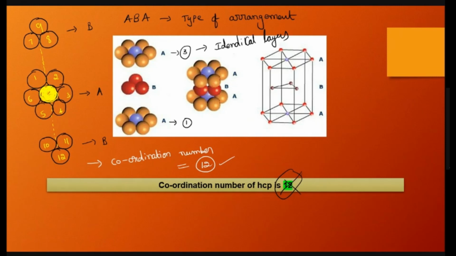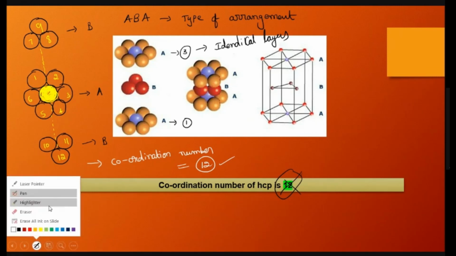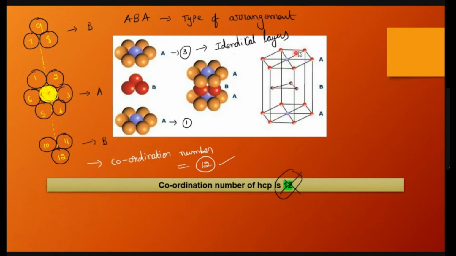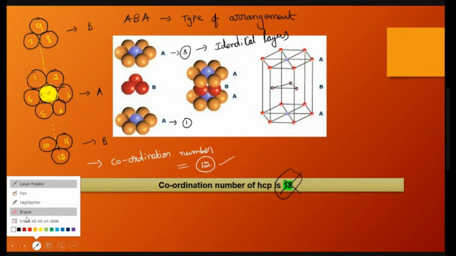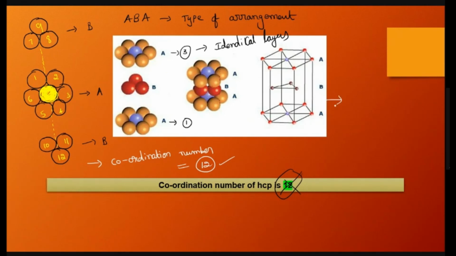And you can see in this diagram, which is shown here at the right corner, there are 6 atoms above, 6 atoms below. Among that, the center atom, one more atom is there, total 7, and in the middle you have 3 atoms. So it is just exactly like a hexagon if you join the centers of all these atoms. That's why it is called hexagonal close packing.